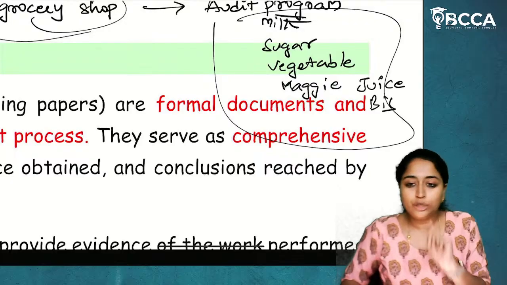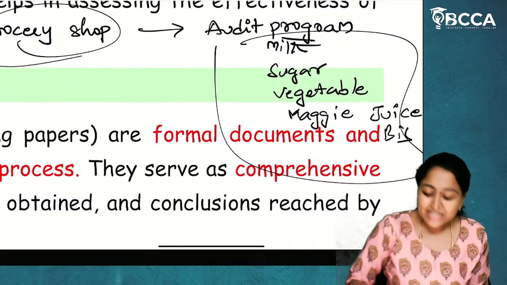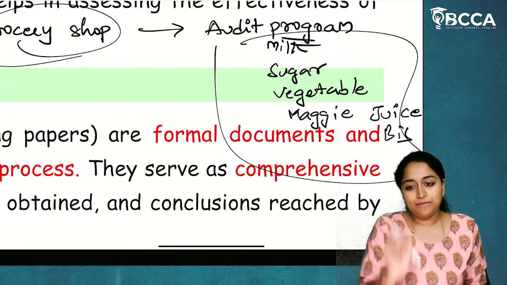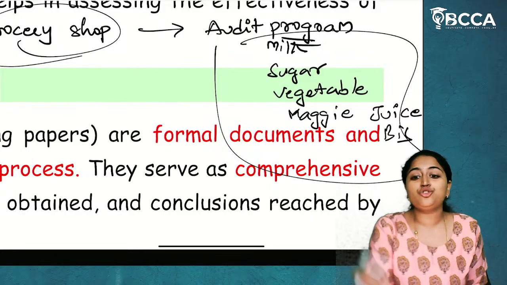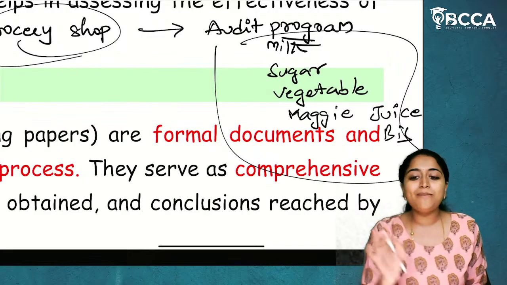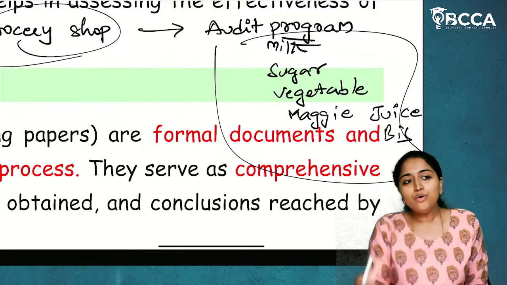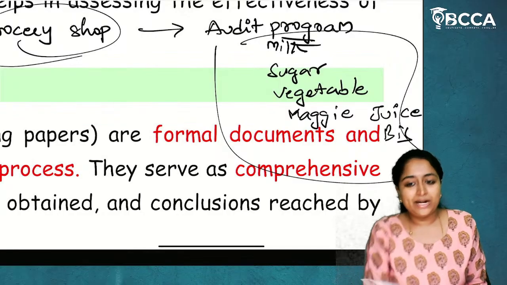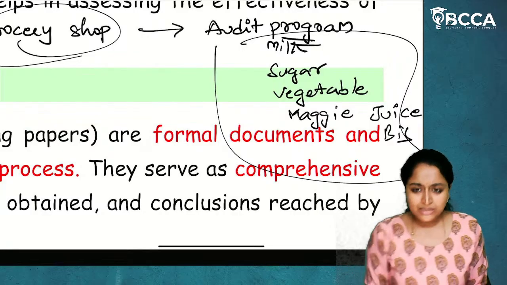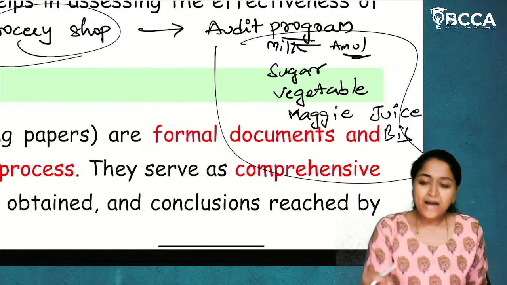It is also a formal document. There is a proper format of maintaining it. Now, in this example, see audit working papers as an evidence to show your mom what you are doing. For example, your mom asked you to buy a milk packet. Now, for example, we'll put a brand for it. Amul milk, your mom asks you to purchase Amul packet milk.